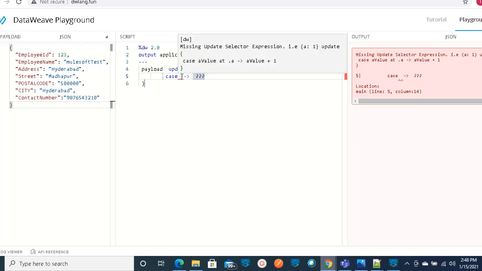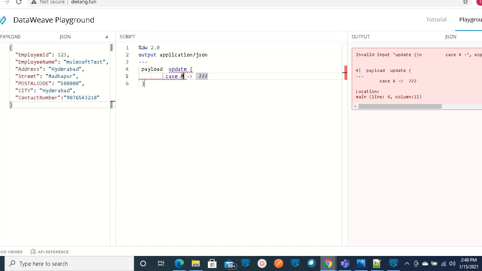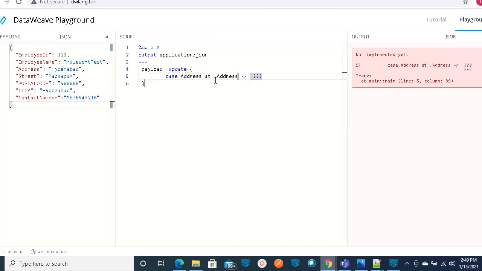I'm going to write the first case where I'm going to update the address field. To do that, case, and we need to select that field. We need to write the field name, the key name, here. This is the syntax: at dot address, which is the field you are going to update, you need to select this, and after the arrow mark you need to provide the value.